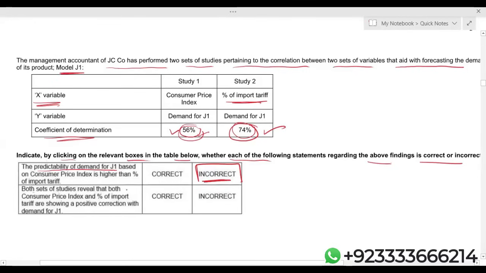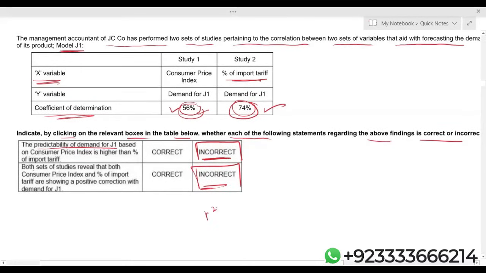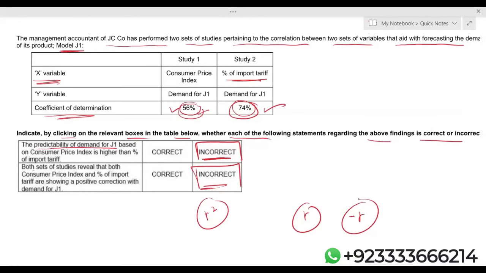Both sets of studies reveal that both consumer price index and percentage of import tariff are showing a positive correlation for demand J1. I'm saying again incorrect. The question is why incorrect? Actually, you are discussing on the basis of coefficient of correlation, which is actually the R square. Only the R could be negative also. Right now, we have the coefficient of determination, which is R square. So if you are saying the relationship is positive, not necessary at all. It could be, but not necessary, because